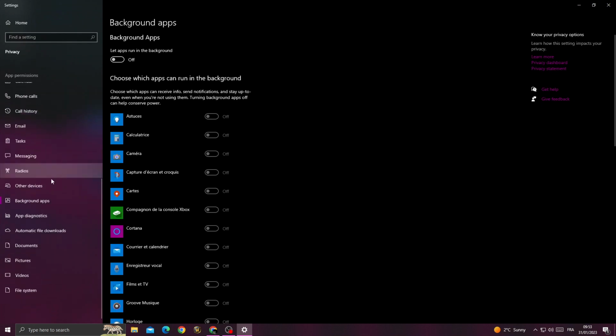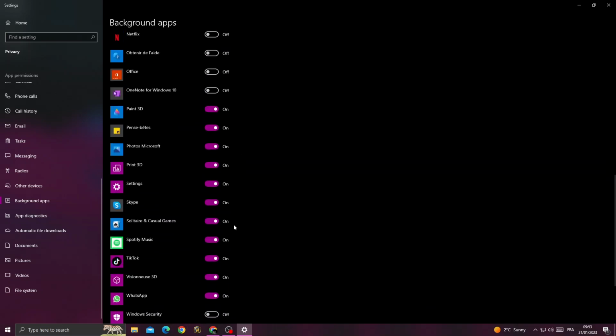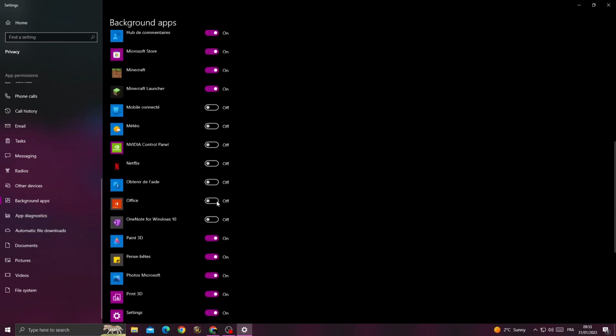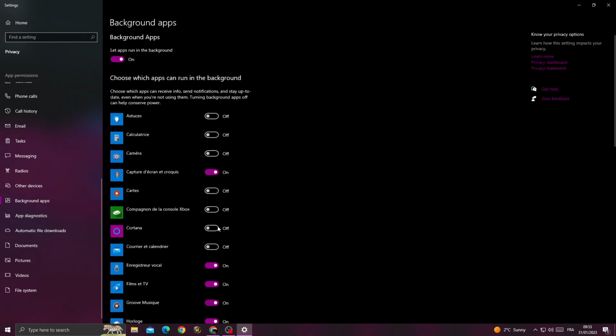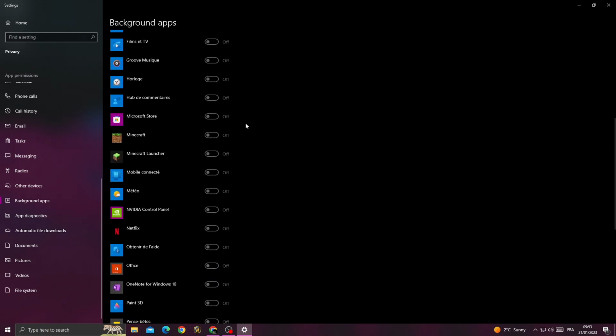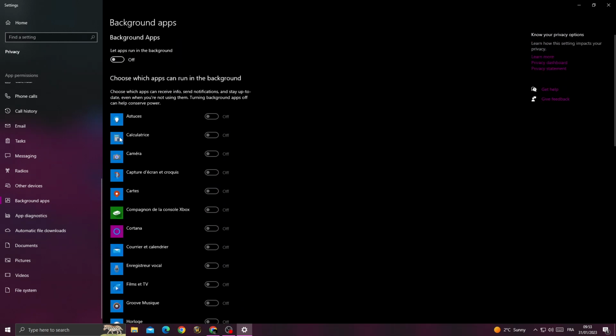and then scroll down until you find Background apps, and now you will find it like that. You can just close all the applications that you don't need, or you can turn off all of those just by turning off the first option like that, and that's it. Then just go back